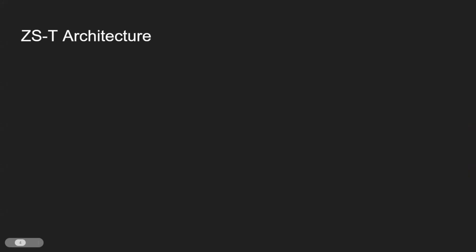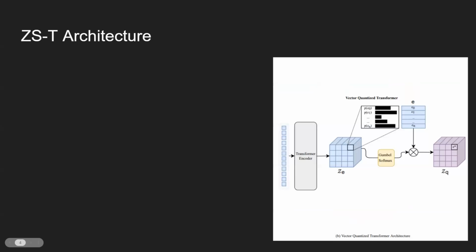Next, I'm going to quickly explain our architecture in reverse order from the paper, because it makes more sense that way. So in B, we can see a vector quantized transformer, where we essentially utilize a SWIN or a BERT, depending on the input that we're getting, to produce a matrix of latent features, which we use to learn a codebook in a very similar fashion to DALL-E. Each of the image, question, and answer tokens go through this process to produce their own matrix.